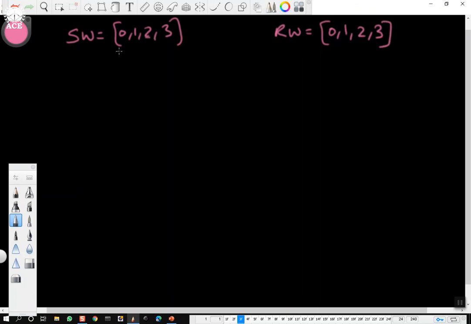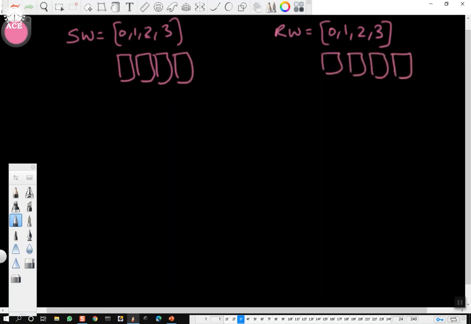Whenever it is sending any frame, it will buffer it. So I will have 4 buffers here, one for each, and here also I will have 4 buffers. When it sends frame 0, it will be buffered until it gets the acknowledgement. If it sends frame 1, it will be kept in the buffer until it gets acknowledgement 1. Suppose it gets a frame, the frame will have a sequence number. Then the receiver will check whether this arrived sequence number, say X, lies within this range.